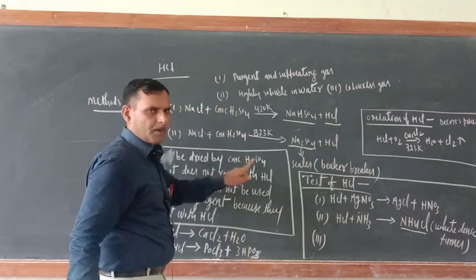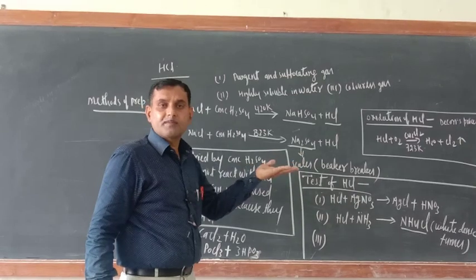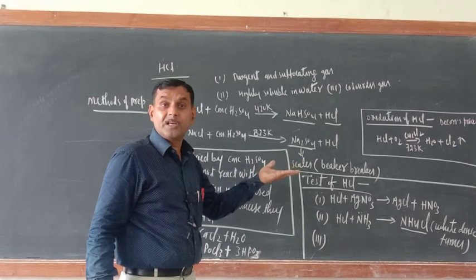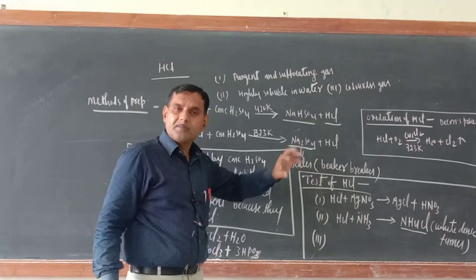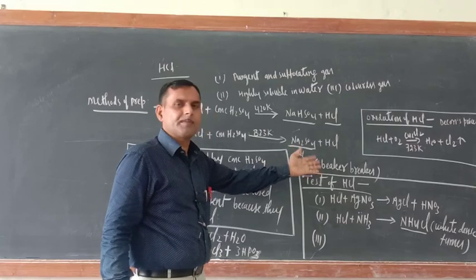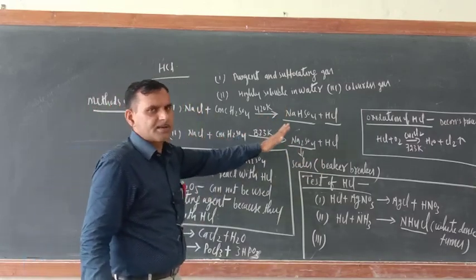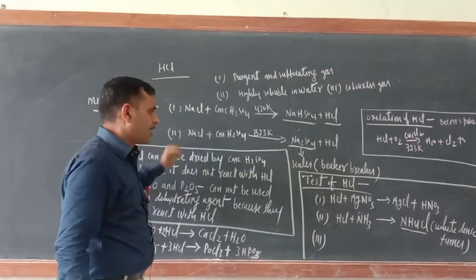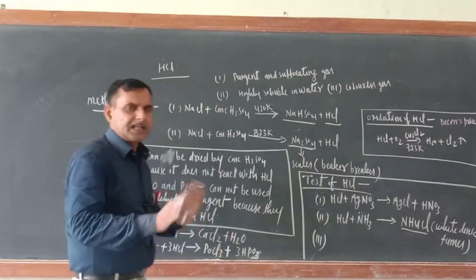But there is one problem. When Na2SO4 is formed, it forms a scale at the bottom of the beaker or boiler. Then it will absorb more heat because of the formation of scales, and the beaker may be broken. Okay. So try to understand here. This is the method of preparation of HCl. Now there is one problem. Whatever HCl is produced here, that is not dry.